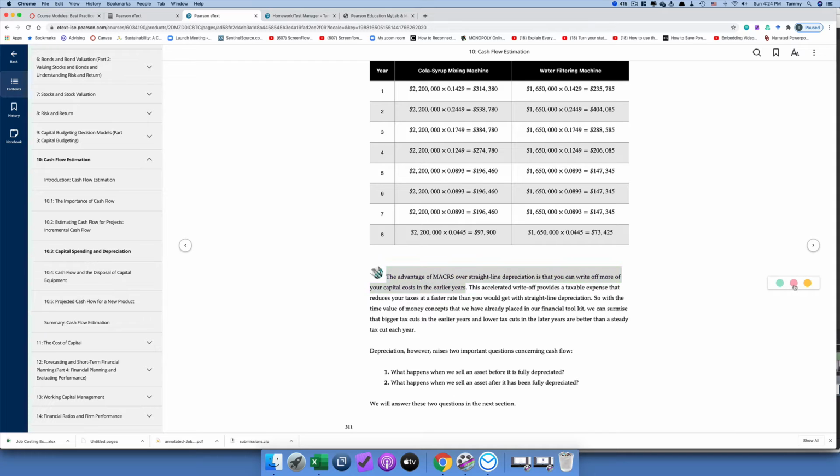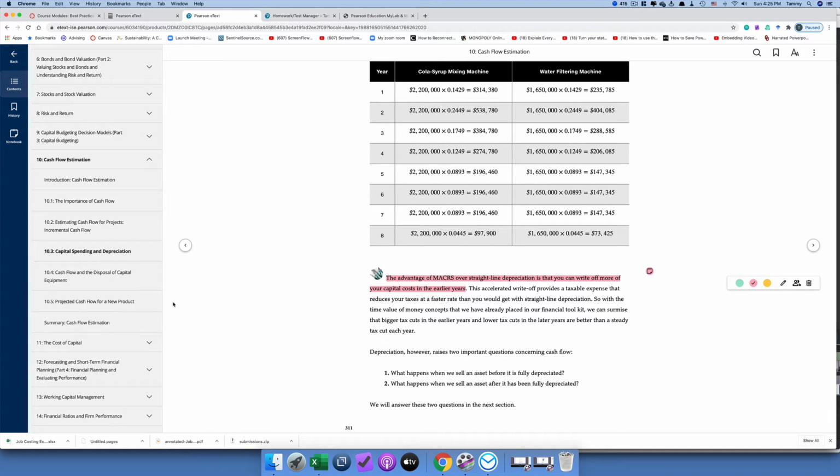So it makes it more attractive to make that capital expenditure because it reduces your taxes, right, at a faster rate. Okay. And that is a very, very quick overview of this whole question of capital spending and depreciation. But in the next section then,